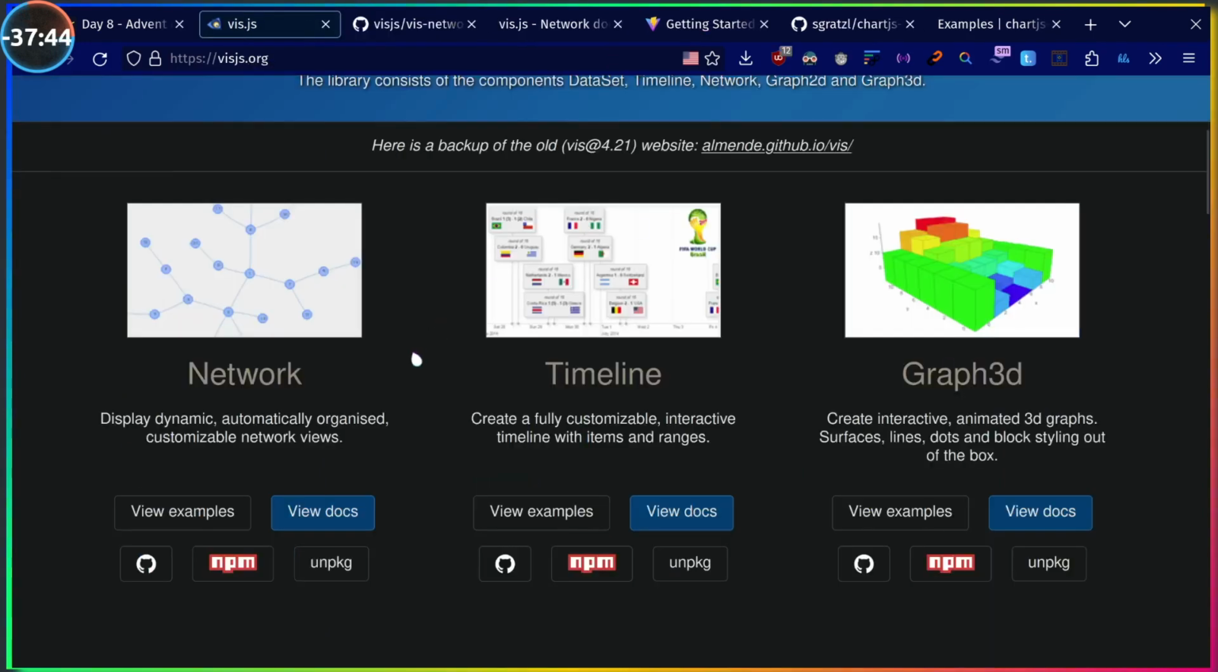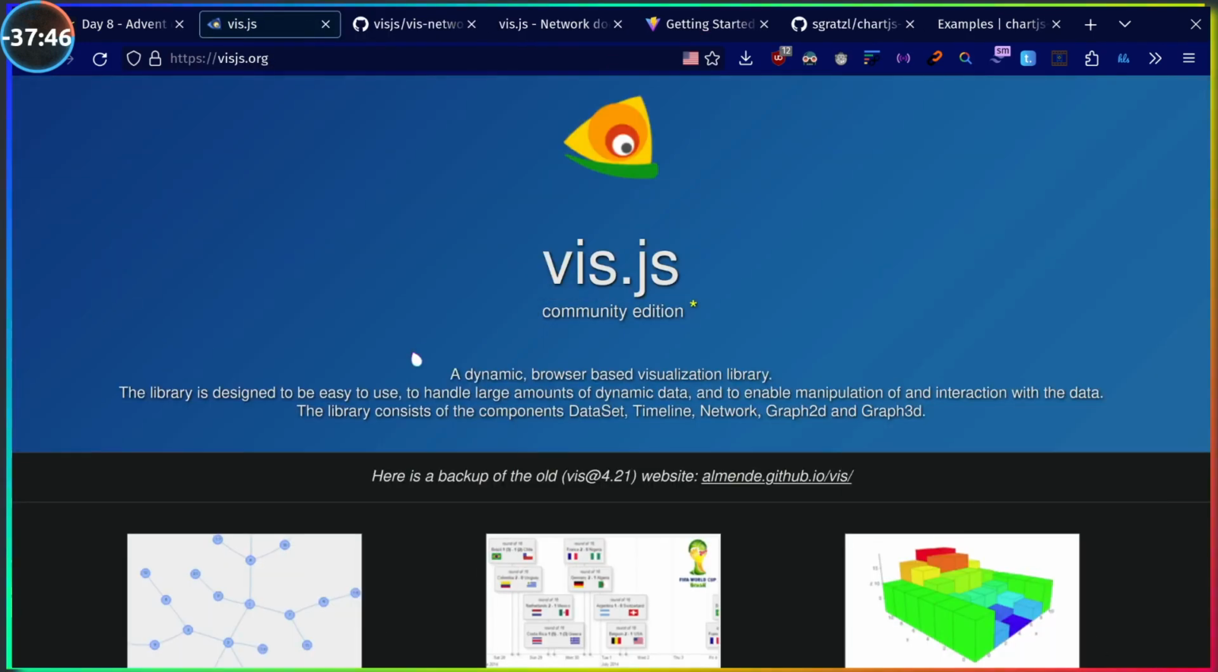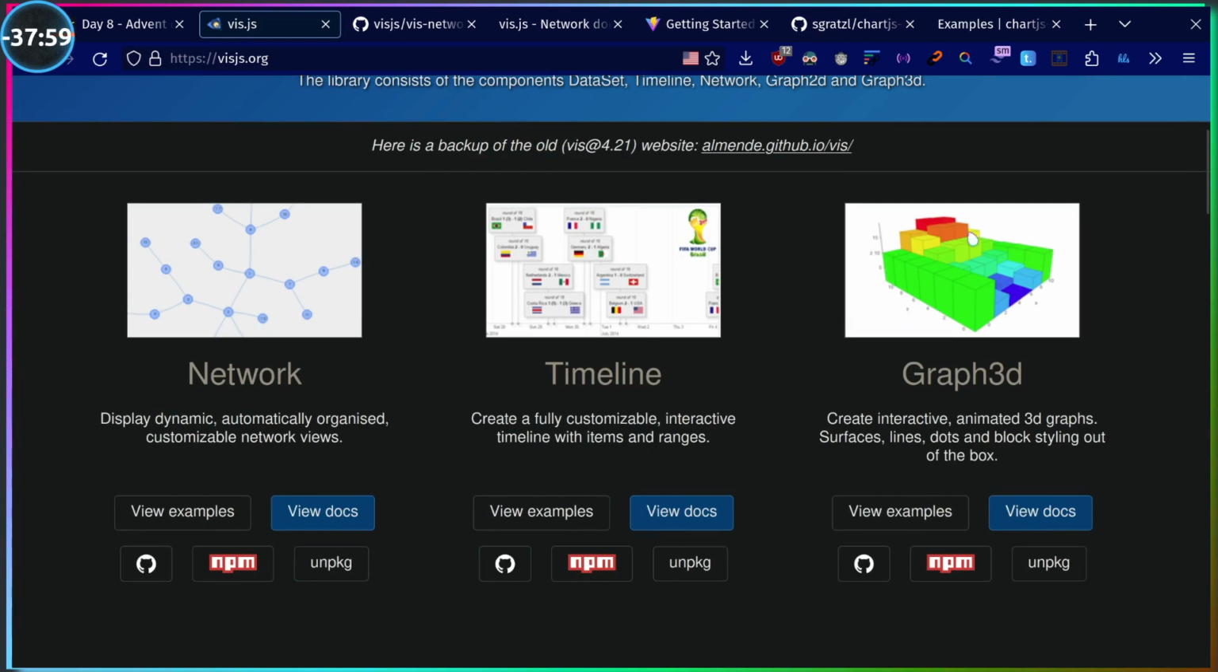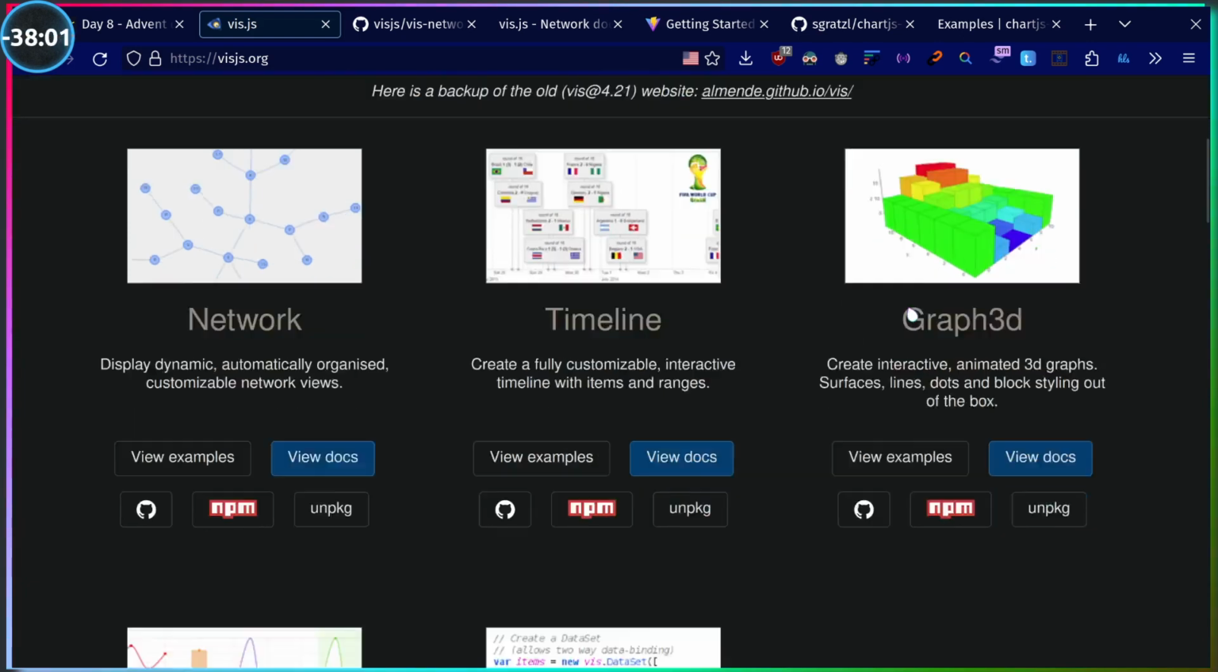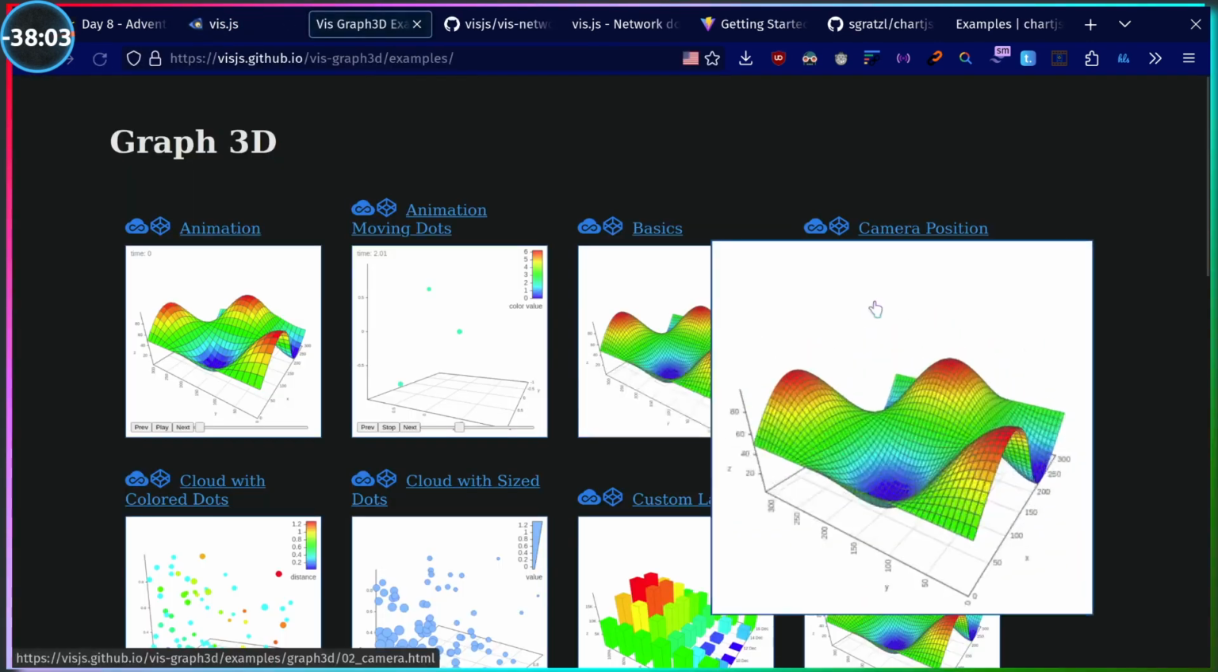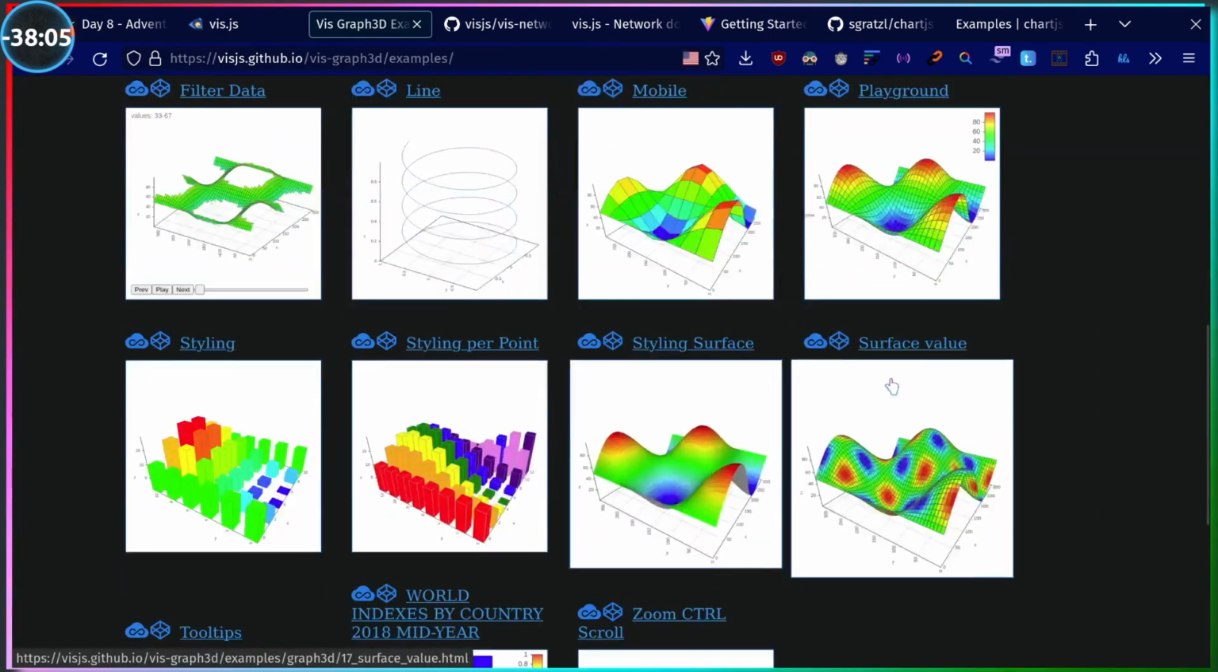It's one of those things where you kind of gotta try it out for yourself. See what you want a tool to do, and evaluate, compare and contrast. See if it does what you like. This does do 3D stuff, which I don't think Chart.js does at all. So if you wanted that,